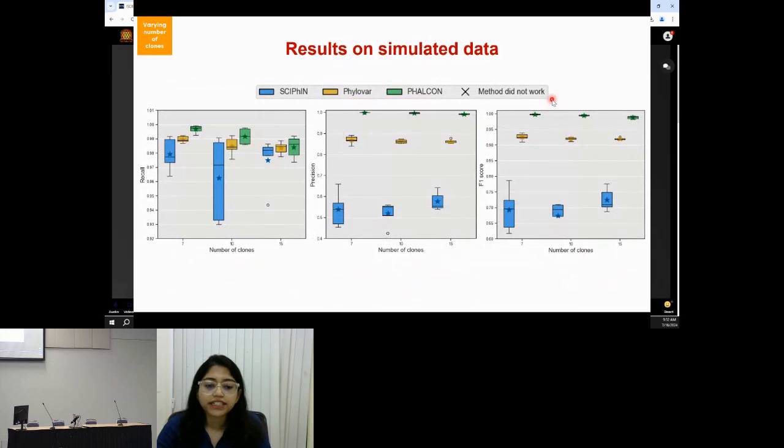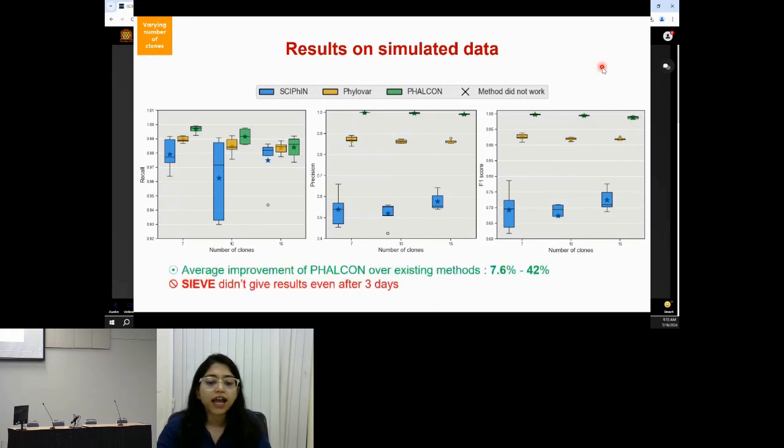These are some results on the simulated data. We have benchmarked PHALCON against some recent state-of-the-art single-cell level variant calling algorithms such as Cypher and Phylogeny-aware. This is done on 2000 cells with increasing number of clones. We also wanted to test it against another single cell variant caller, which is Sieve, but Sieve was not able to produce any results on such a high throughput dataset even after 72 hours. The average improvement of PHALCON over the existing methods is roughly in the range of 7.6 to 42% in